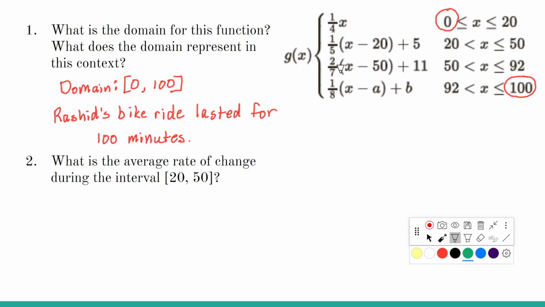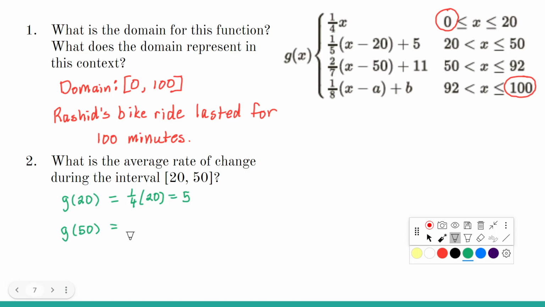So I'm going to find those two distances. I'm going to find g of 20, and I'm going to find g of 50. So g of 20 is 1/4 times 20 is 5,